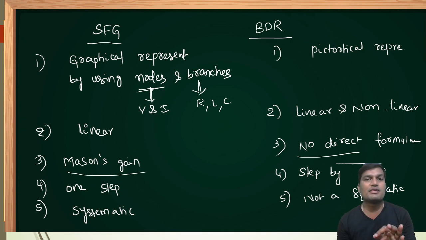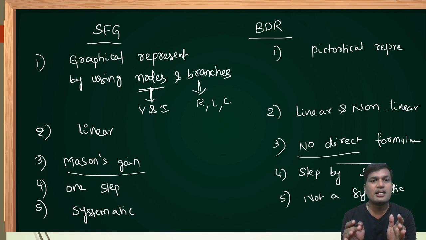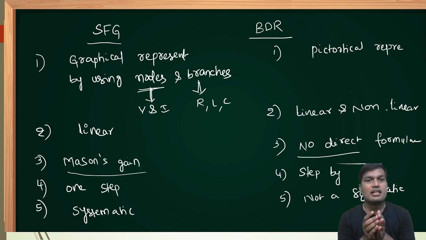Signal flow graph and block diagram both are explaining system information between input and output of the system. Both techniques contain essential information about the system, and there is no sense in saying one is superior. No one is superior to the other, right?